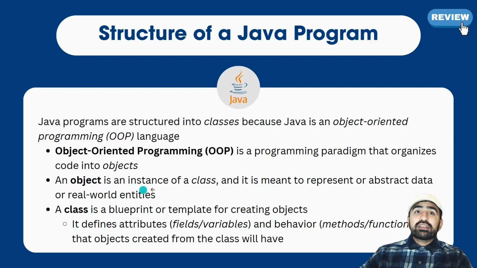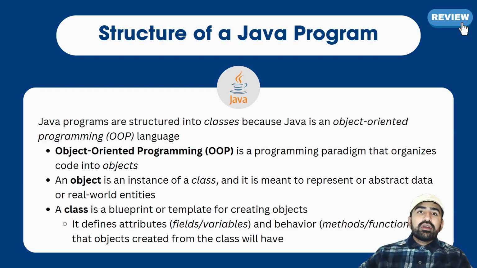So an object is an instance of a class, and it's meant to represent or abstract data or real world entities. A class is a blueprint or template for creating objects. So the class is actually going to describe, hey, how are you actually representing that thing? So for example, the car, right? We're going to look at that in the next slide again. How are you going to represent the different aspects of the car in terms of actual data, right, in the